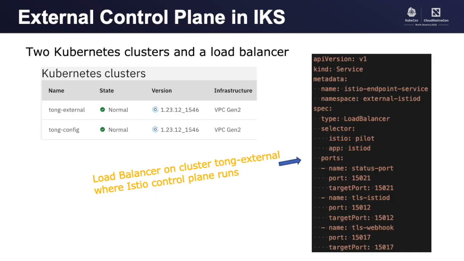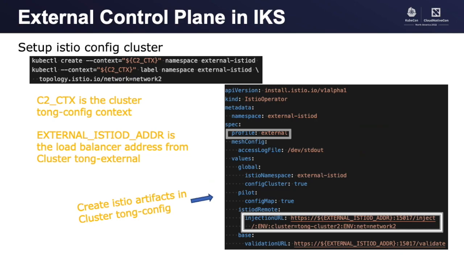As you saw before, we use 2 clusters, one called external, one called config. The first thing we do is create this load balancer on the external cluster, where the Istio control plane will run. Then we set up the namespace and label the namespace on the config cluster and mark it network 2. And then we also use this external profile to install